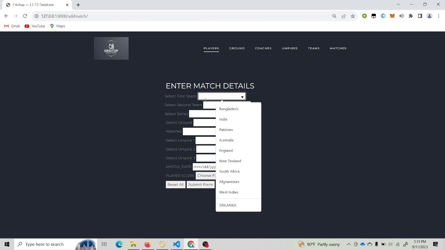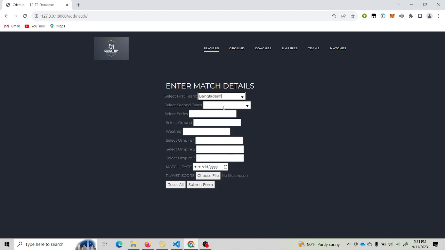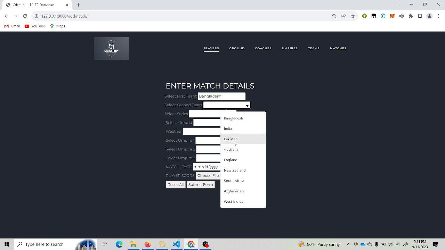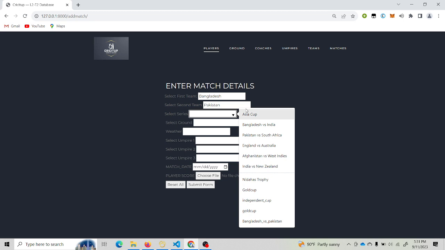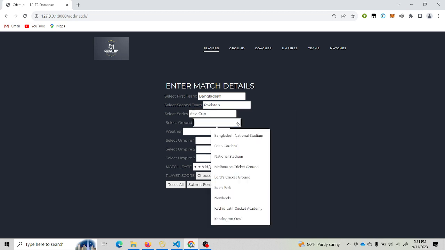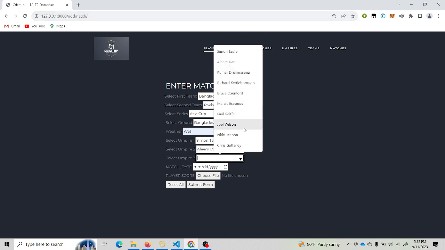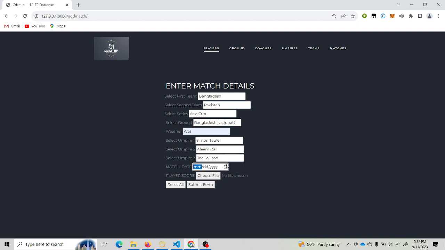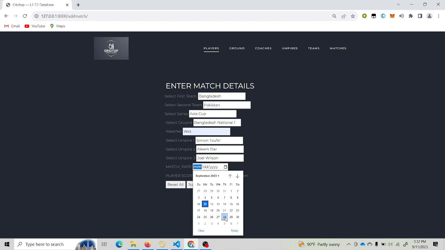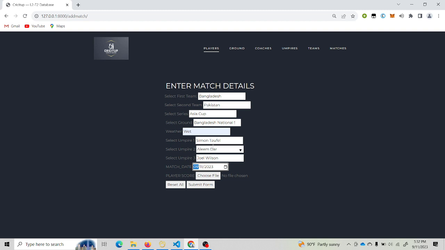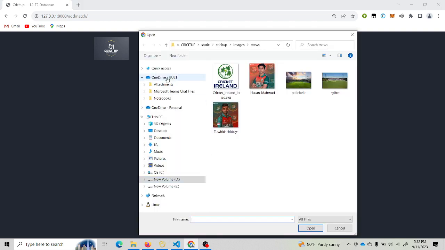such that we want to add Bangladesh versus Pakistan. The series name is Asia Cup, the ground name is Bangladesh National Stadium, and the weather is wet. Then for umpires we can choose three umpires for our match: Aleem Dar, Joe Wilson, and another. We can also choose the match date, such that it was held today, and we can also choose a player scorecard. It will be chosen from our